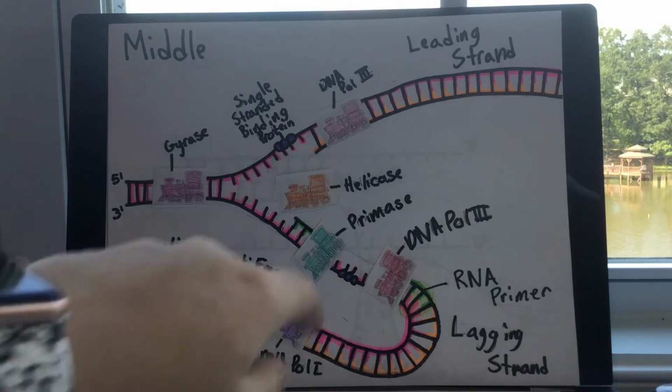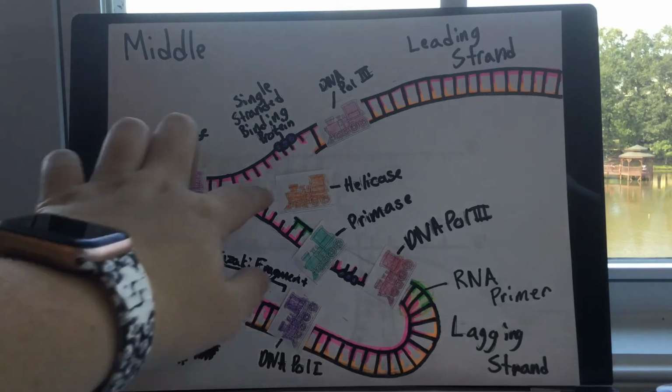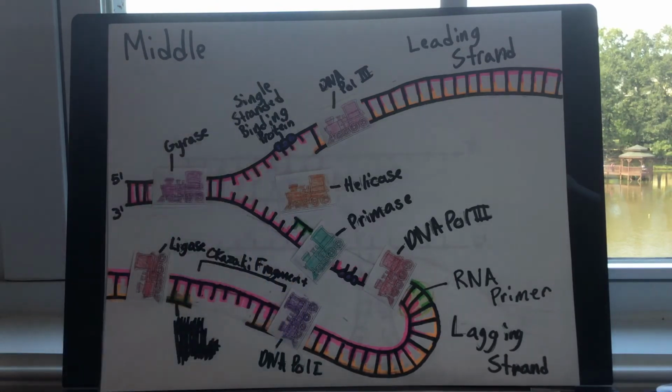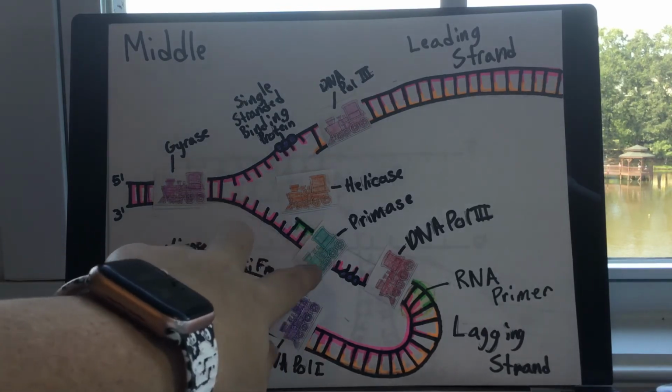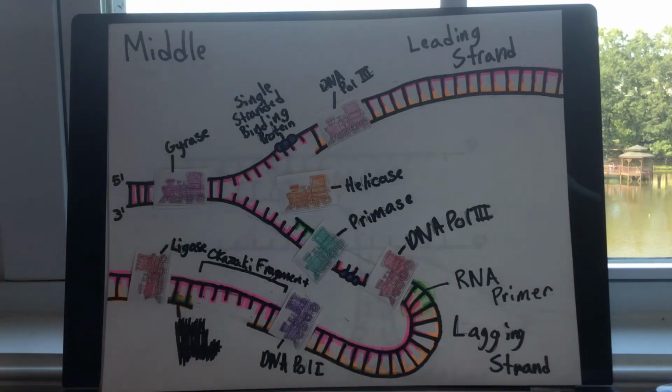And so as you can see in the leading strand, we have a DNA polymerase 3, represented as my little pink train, and that basically creates or replicates the DNA. What's actually separating the DNA right here is the helicase, which separates the original parent DNA. And so then primase actually puts down RNA primer on the lagging strand,